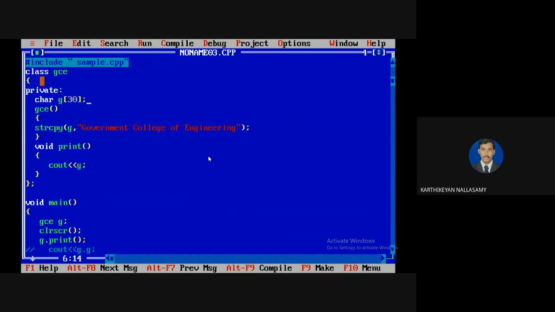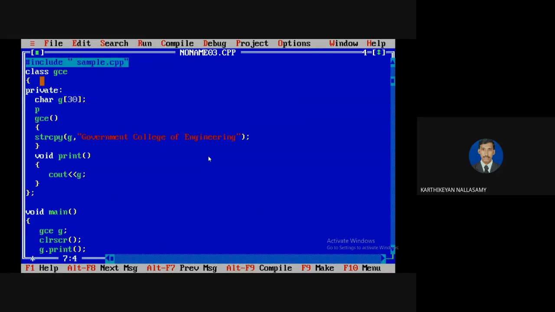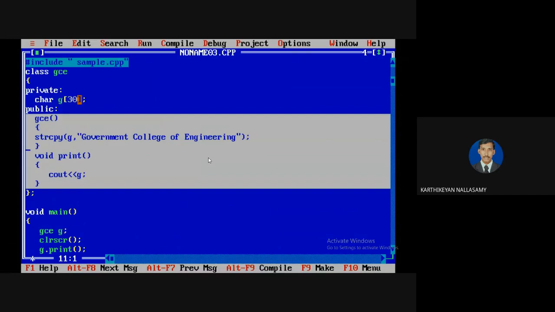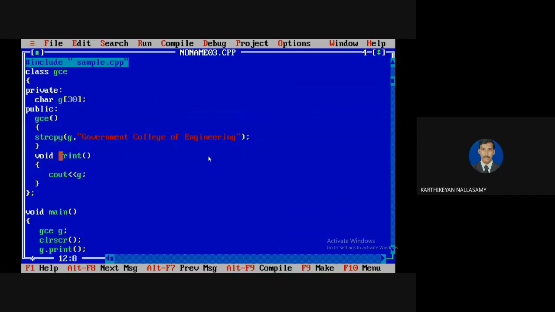Okay, so assume that I am going to access this print method and a constructor, so I am going to define them as public. If I give public here, it means that the constructor and the print method come under this access level. I will repeat once again. So the constructor and the print method come under the public level, so that it is easy to access them. It means that if you define something public, we can access it anywhere. It may be in the same file or a different file, like a global variable. We can just access it.